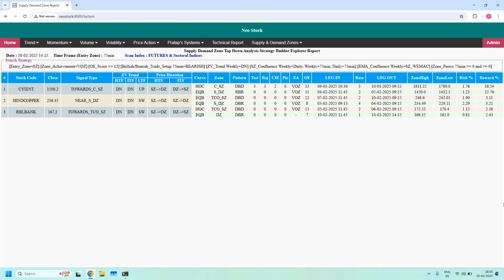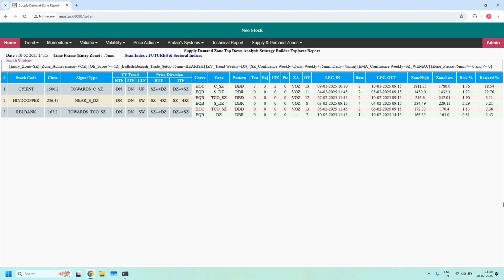We got 3 stocks, all 3. So these 3 weekly supply zones have an even higher success rate. So this is about the bearish trade setup for weekly income trade. Next, we will look for